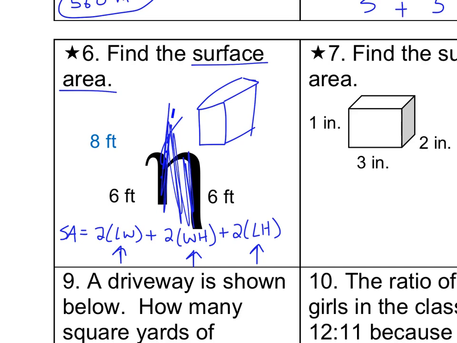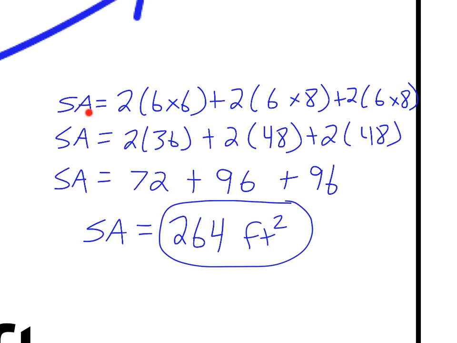So let's just do, I'm going to zoom in here. We have 6, 6, and 8 as our amounts. So here we go. Okay, so here's what I went through. I wrote down that it's 2 sets of 6 times 6, which was length and width, plus 2 times 6 times 8, which was width and height, plus 2 times 6 times 8, which was length and height, which is